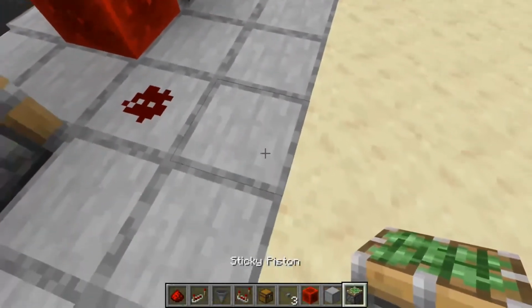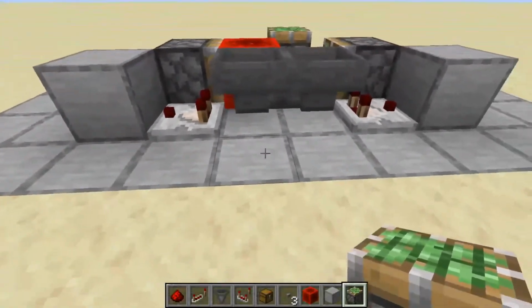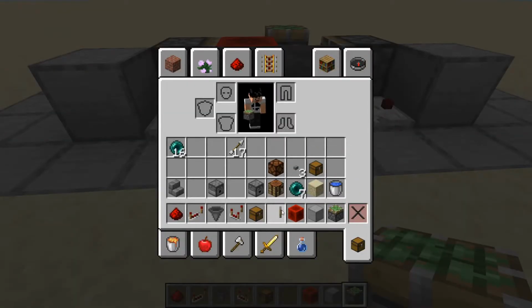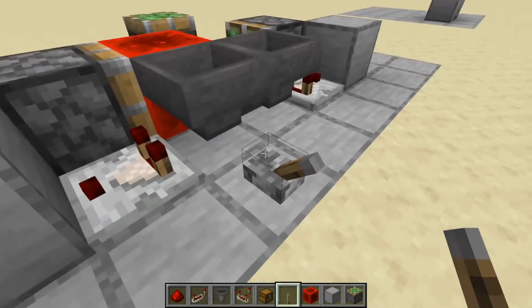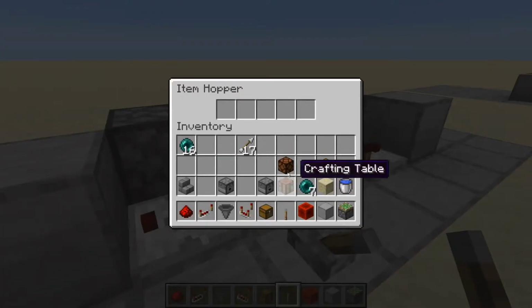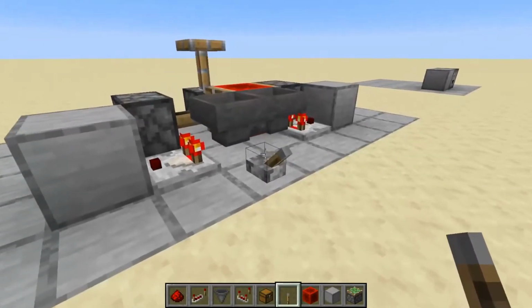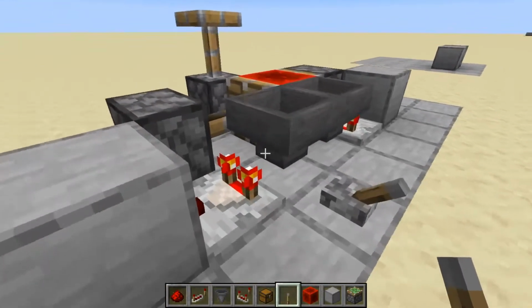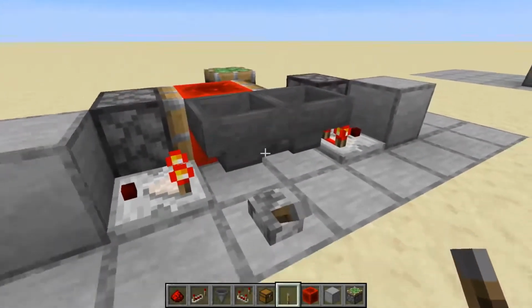Let's say this time I want to power a sticky piston. Then all you have to do is power one of the hoppers to make it toggleable. So if I place a lever there, I can turn it off and on. It doesn't have to be a lever, remember, this could be any input. And I'm going to put 17 arrows, let's say, and then the hopper clock is going to start working. As soon as those items have gone to the next hopper, it's going to turn off like that,